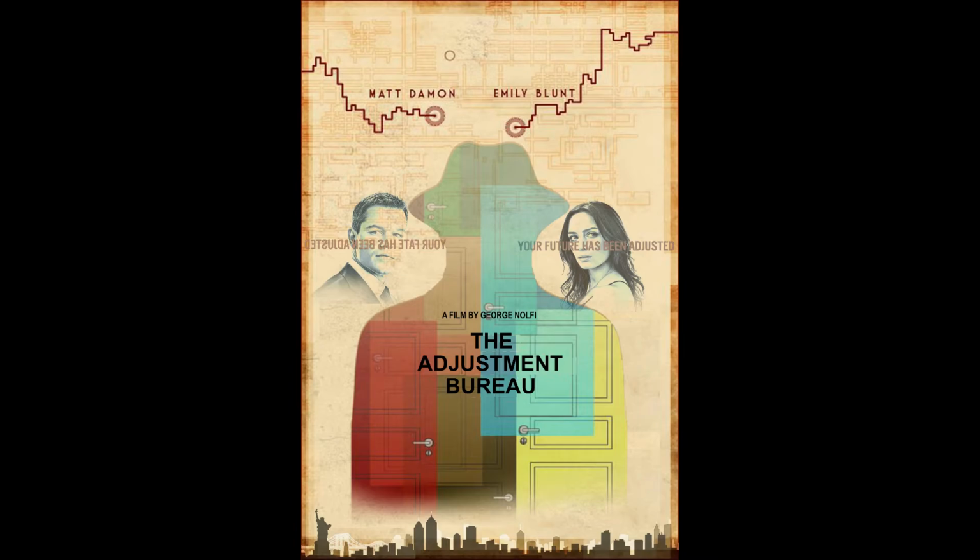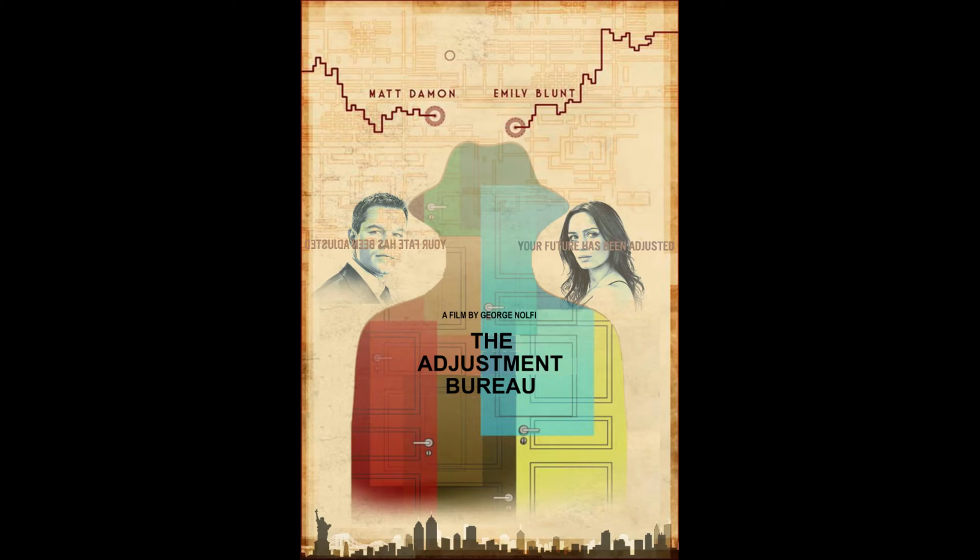The main roles are played by Matt Damon and Emily Blunt. In The Adjustment Bureau, Matt Damon plays a politician and he meets a random girl, and every time he meets her by chance. And some people wearing hats are always fixing things and moving things and holding time, and they are called the Adjustment Bureau. This Adjustment Bureau controls everything that happens, and these people travel through doors, wearing the hat, wherever they want.